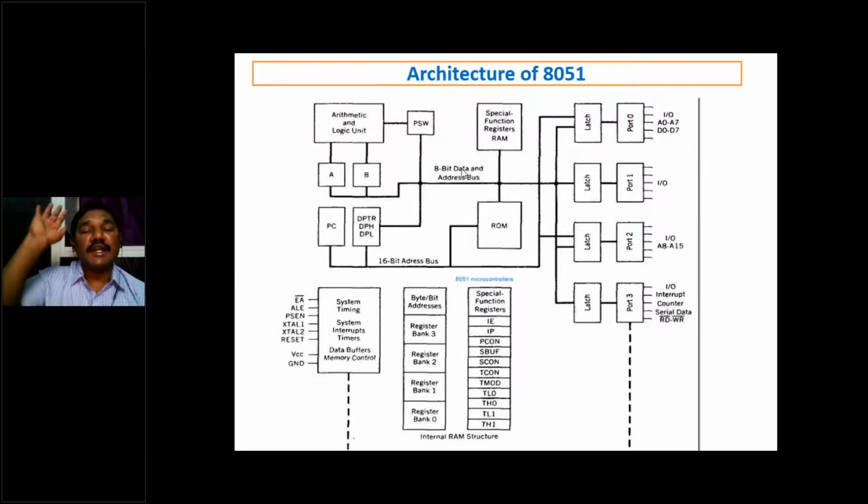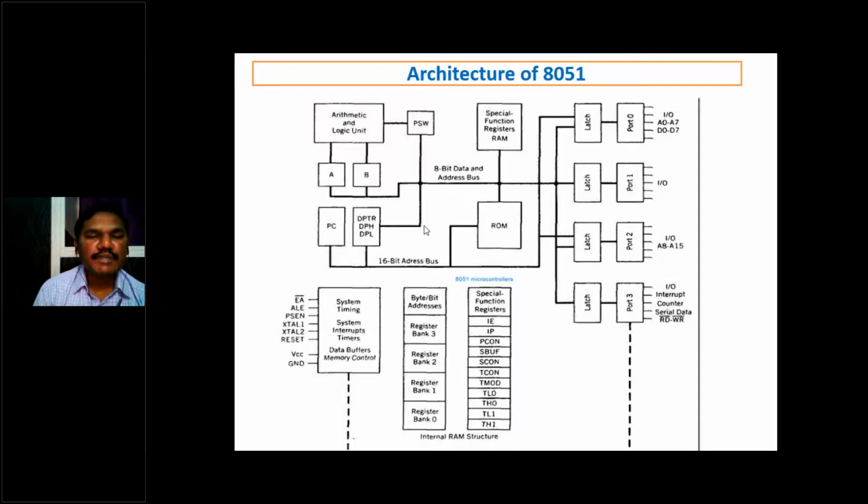Whereas in 1980, the ROM was only 4 KB and the RAM was 128 bytes, very simple RAM. But today we have 4 GB of RAM. But how will this RAM and ROM be decided? This RAM and ROM will be decided by the number of address bits or the number of address lines. So the number of address lines is 16 bits.